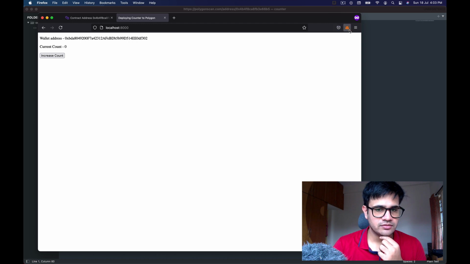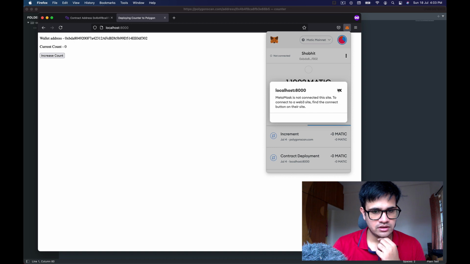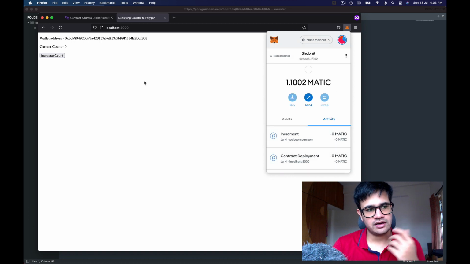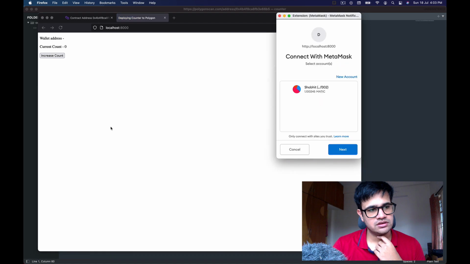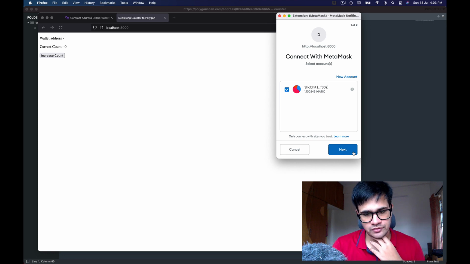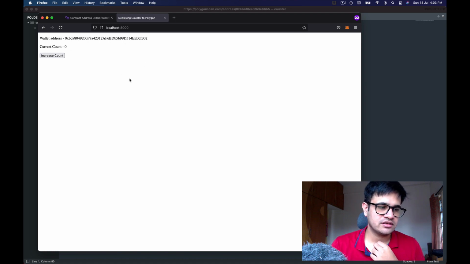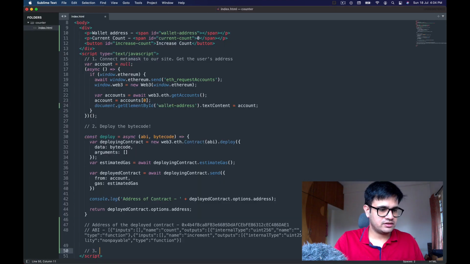Another thing that I can do is go there and disconnect this account. I haven't written a callback, so it's not taking it away directly, but if I refresh, it says the wallet address is not present anymore, and it asks me to authenticate again. So I go next, I connect, and it's connected, it's authenticated, and the wallet address is now showing. Great. So now we have all the tools that we need on the UI front. So let's go ahead and interact with the contract now. Just for my sanity, I'll add a comment: interact with the contract.